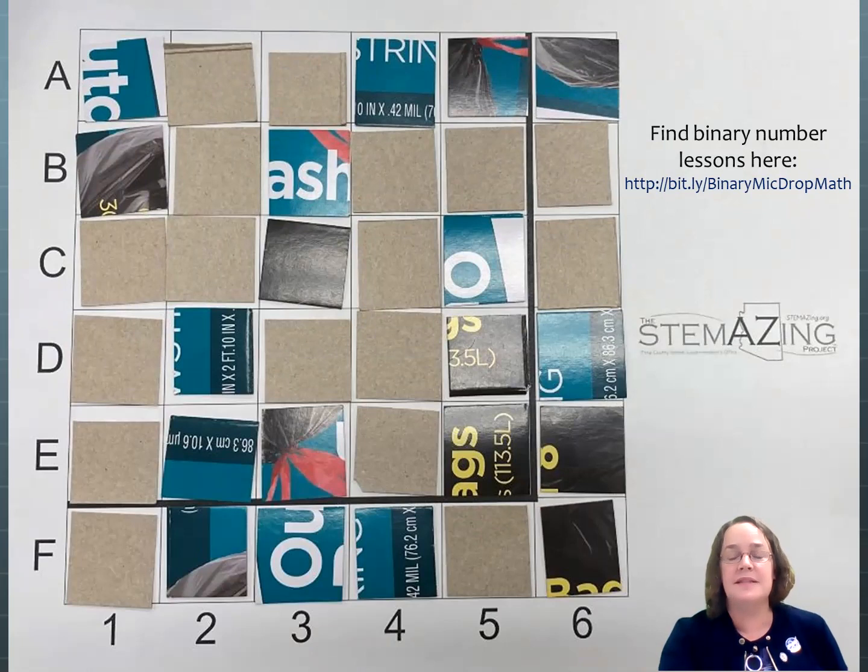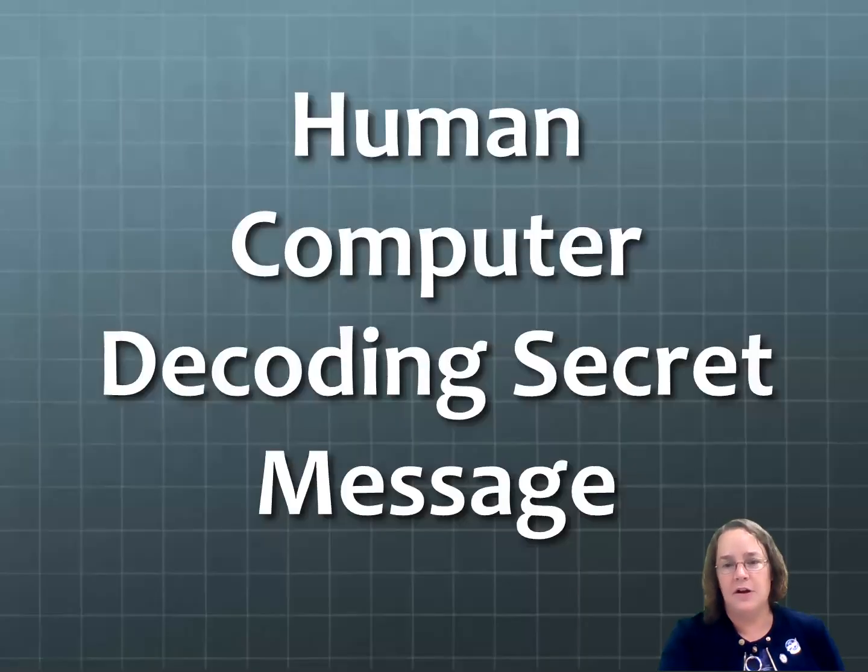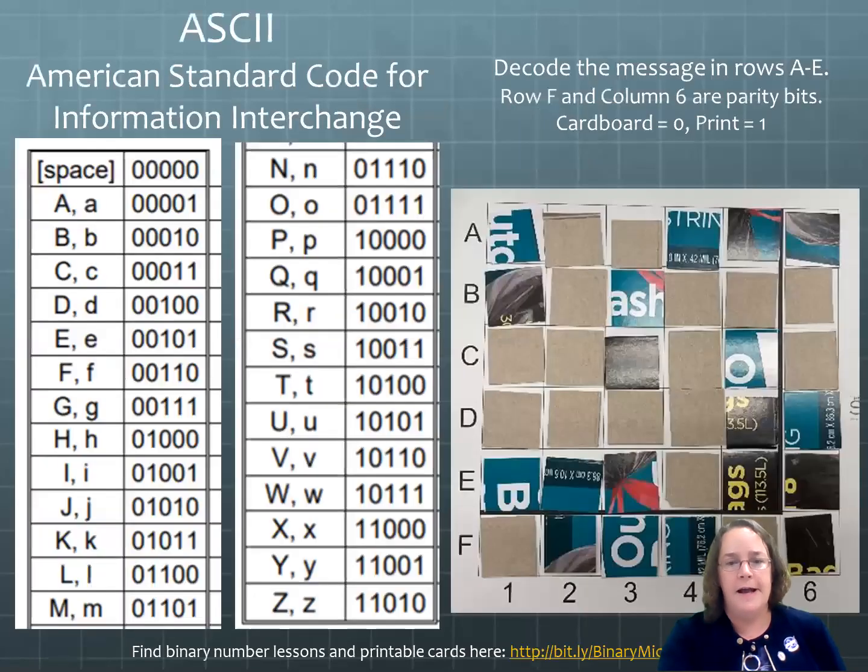And so that is where the CS Unplugged lesson kind of left off, just with error detection and what they call parity bits. But we took it a bit further and actually coded a message in these cards. And when we coded that message in these cards, we're using a number of different things, including the ASCII, American Standard Code for Information Interchange. So ASCII is pretty common in terms of how we represent letters and numbers and send those messages from one